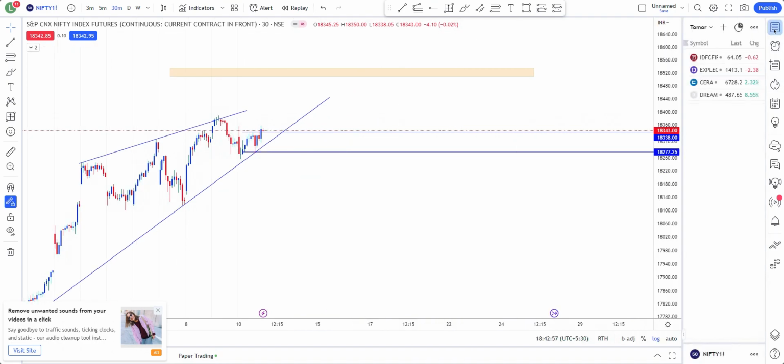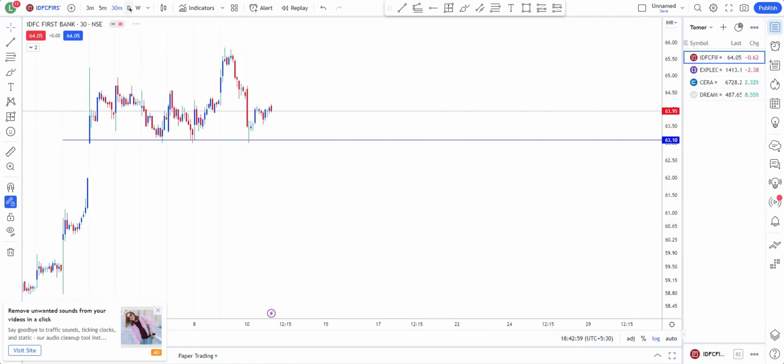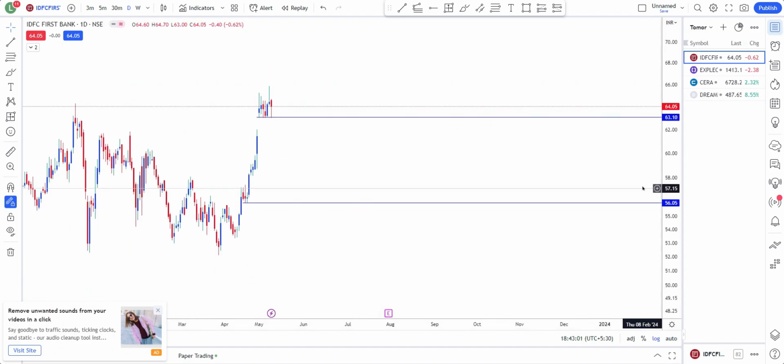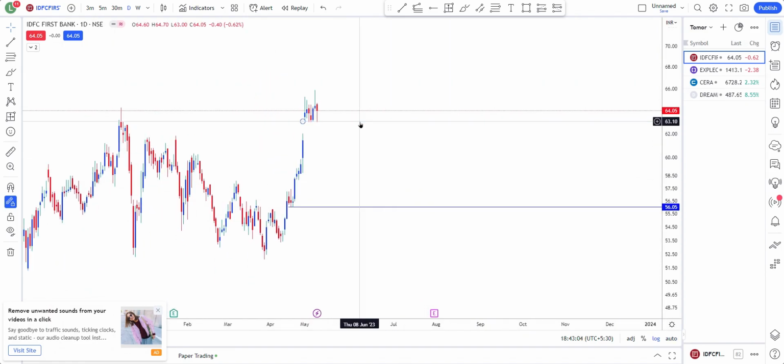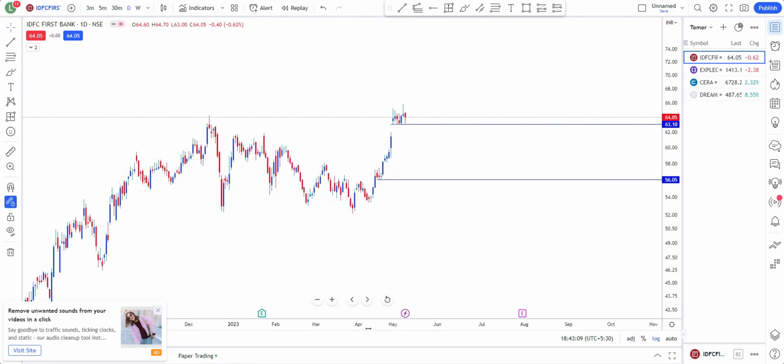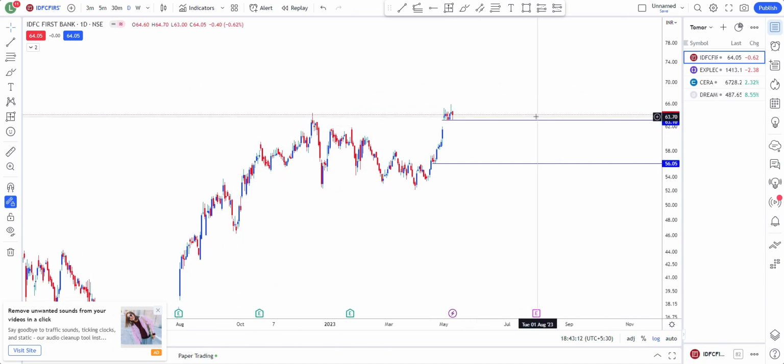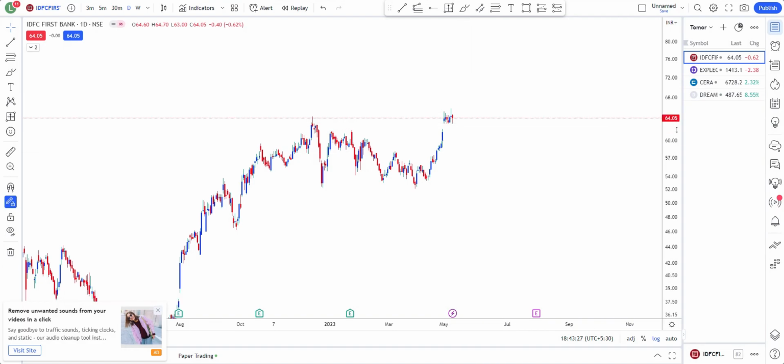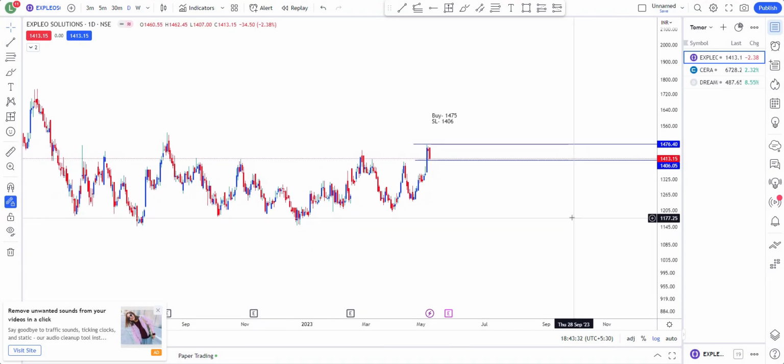Let's quickly look at the stocks which I have shared previously as well. It is IDFC Bank. We had already moved the stop loss to 63, so it might have got stopped out. But still, I think it might have the momentum. Once it breaks above 65 or 66, what is that high? 65.85. So above 66, I think a quick momentum can start. Until then, we are out of this because the stop loss was here. So let's remove this and move over to another stock.